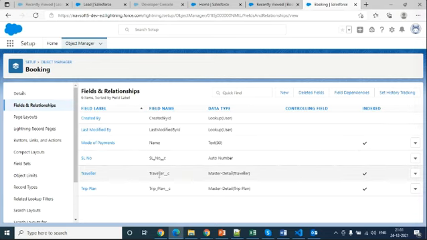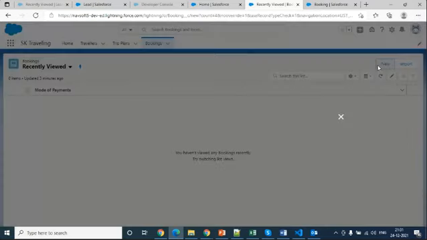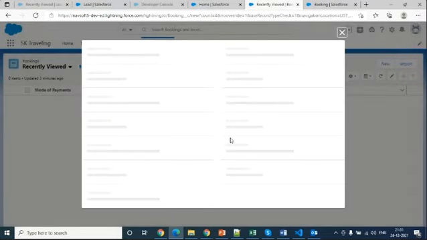So now you can see there are two relationships, from booking to traveler and booking to trip plan. Now go to booking and try to click New and see the relationships.